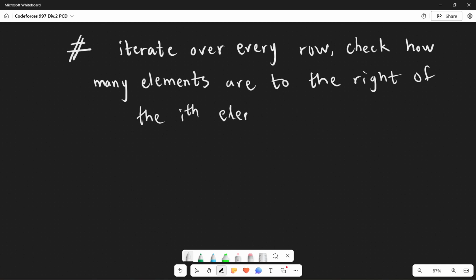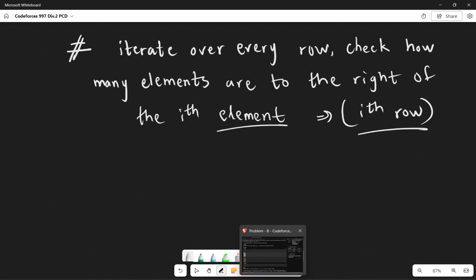Okay, makes sense? Yes, and this is when you are checking the ith row, right? For the ith row. And so for our test case,